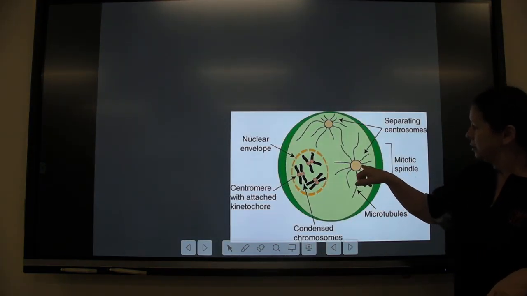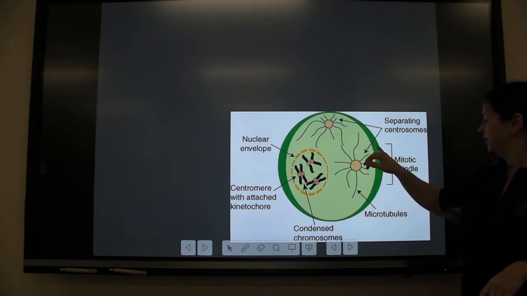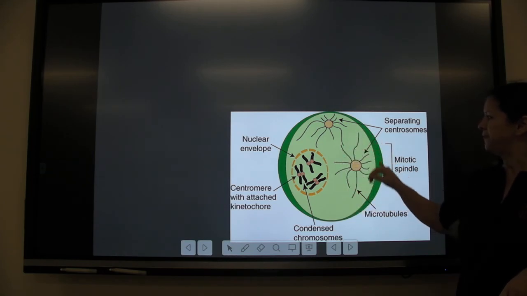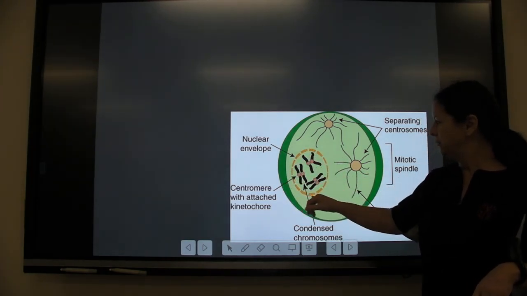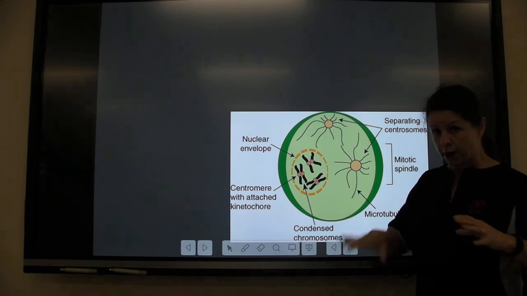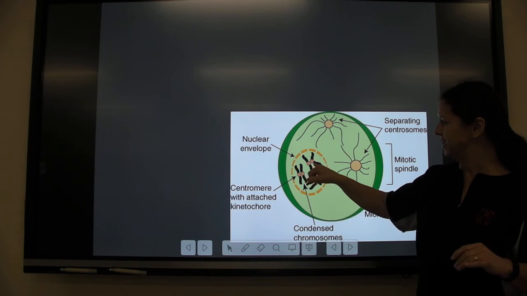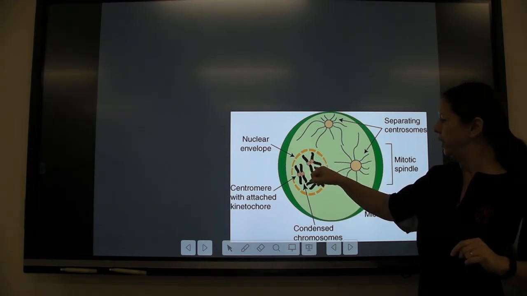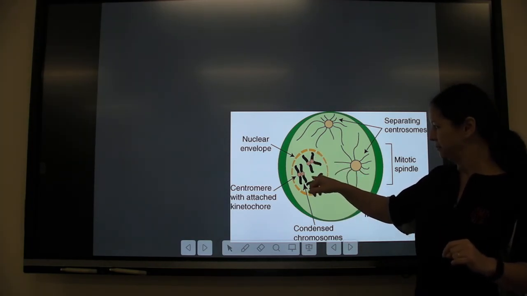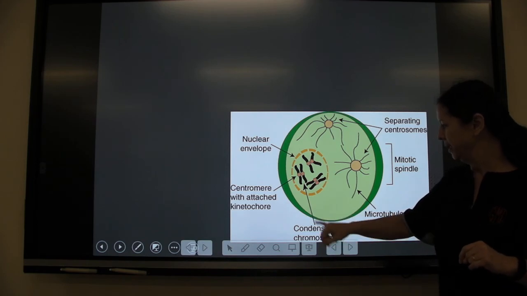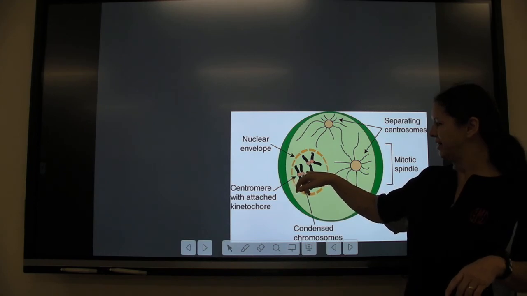Now, these are representing your centrosomes. These little things that make it look kind of like spiders, those are the spindle fibers forming. They're going to make a spindle. The nuclear envelope here is drawn dotted to show you that it's starting to break apart. And these would be your sister chromatids attached to each other. So one chromosome and its exact copy that was made, and they're attached. So they're joined up, as you can see here. So those are your coiled up chromosomes, and they're attached at the center.